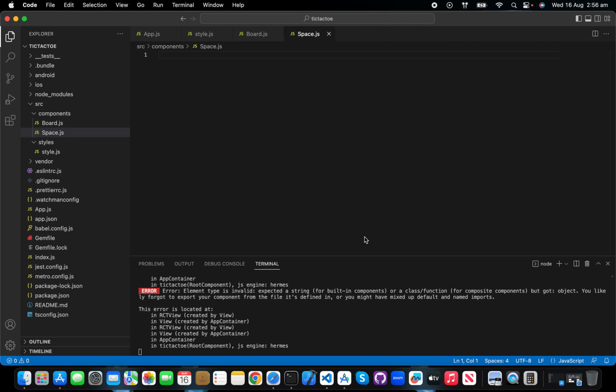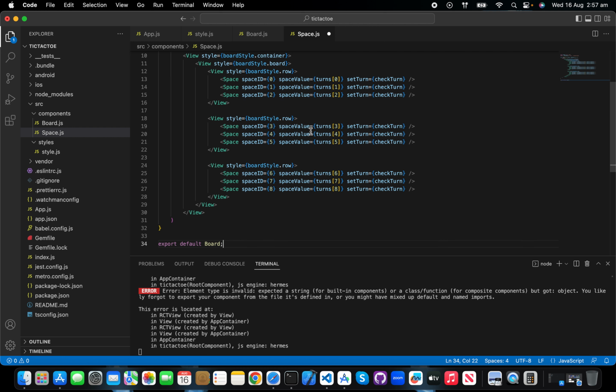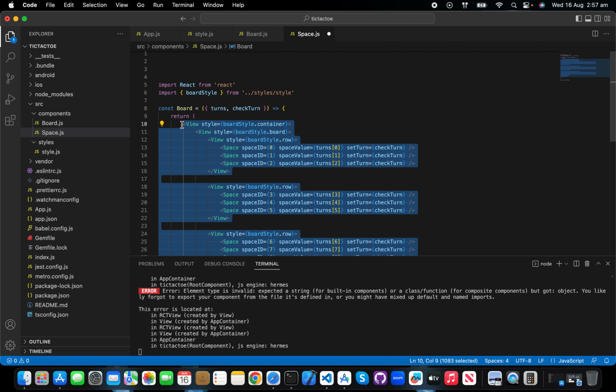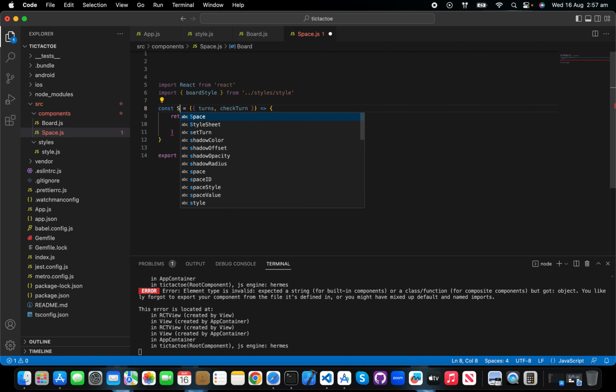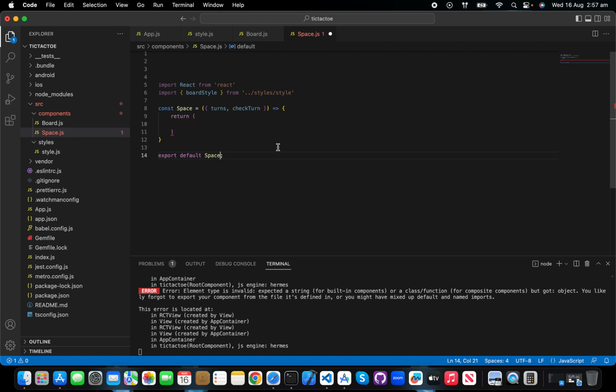Let's just start our space.js screen. I'm just gonna go back to this board, and I'm just gonna copy this board here, and I'm gonna remove this whole stuff from here, and here I'm gonna change the name to space, sorry, and space here. And yes, I'm just gonna get the space, right,